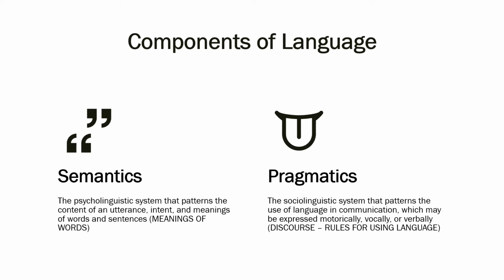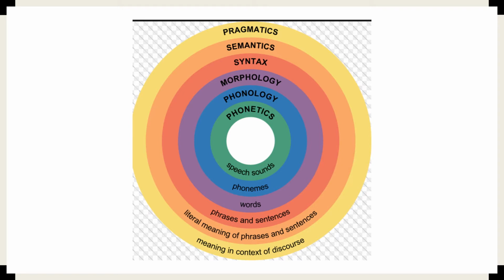And then, as we mentioned, semantics is meanings of words, and pragmatics is how those meanings are then applied using the rules of language. And I just thought this was a helpful visual to help you see how things are all connected. So we start with phonics or phonetics, phonology, morphology, syntax, semantics, pragmatics, all of those. It's like the smaller components that build into the bigger ones,